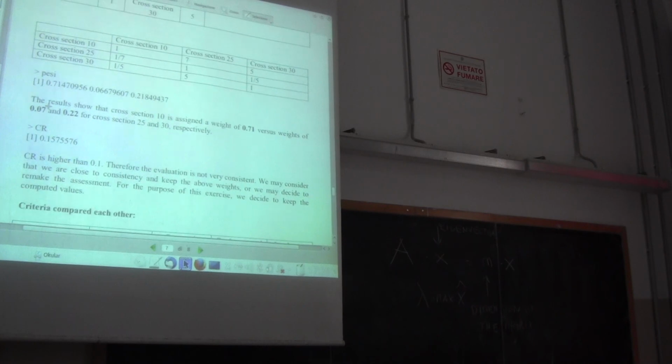Now we have the key of the whole story. Look at the bottom. We have to compare the criteria with each other. And this is a key step because basically so far we took decisions that individually are very straightforward, in terms of identifying what is the best solution for each criterion. You could do that just by intuition. Of course,